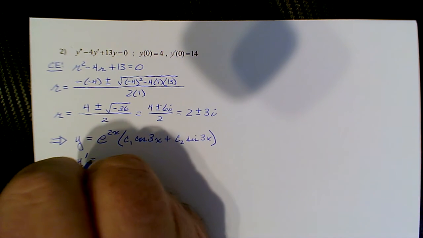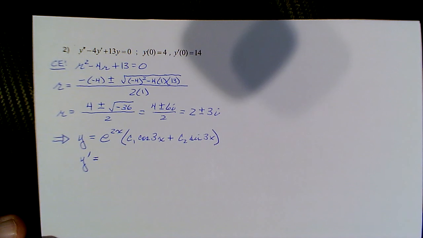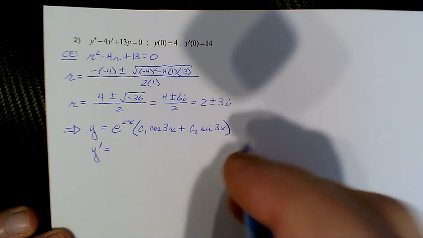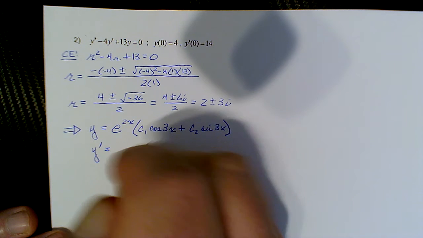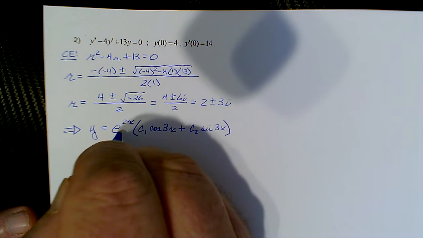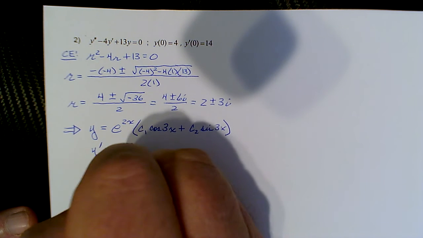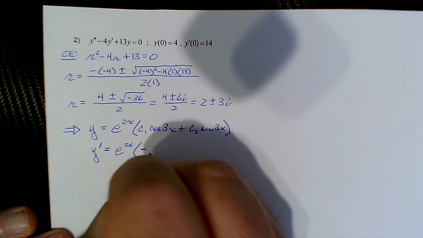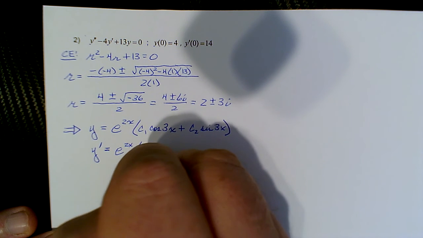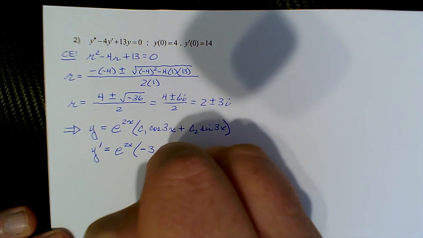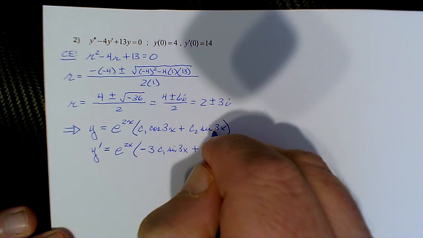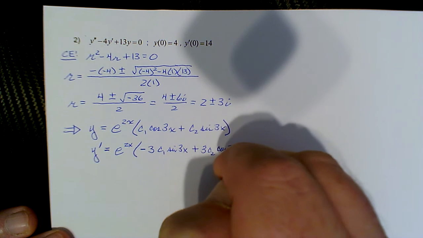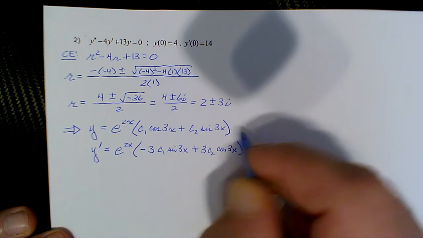Alright, and once again, we're going to need just one derivative to be able to use the initial conditions. And so this is going to involve the product rule. So we'll have the first factor, e to the 2x, times the derivative of the second, derivative of cosine minus sine. Don't forget the derivative of the argument, 3x, which is 3, so minus 3c1 sine of 3x, and then plus derivative of sine is cosine, again another factor of 3, so 3c2 cosine 3x, and then plus the second factor,